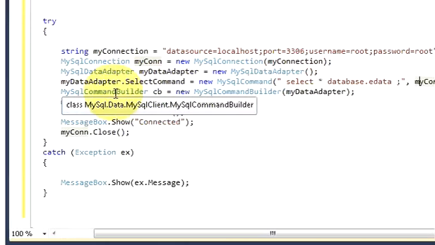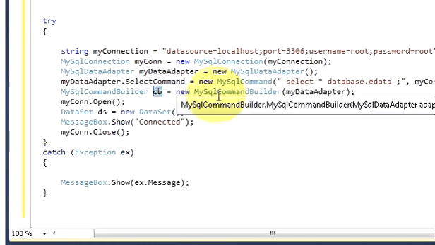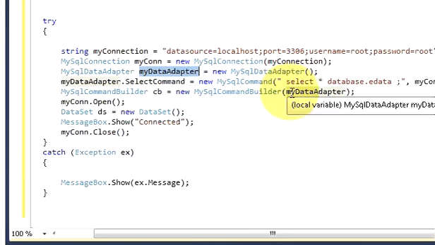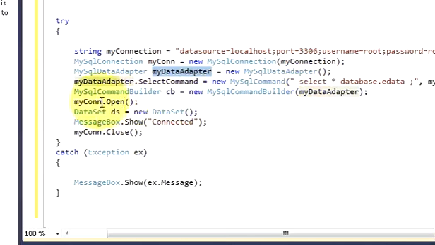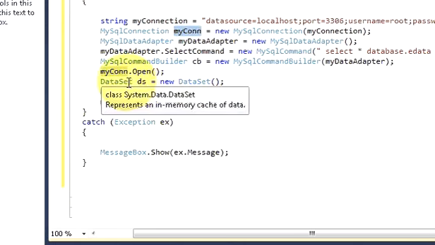Then I will write MySQL command builder, variable name is cb is equal to new MySQL command builder, and I will pass this MySQL adapter in the brackets here, and then write mycon dot open, which is this variable dot open, bracket and bracket closed,